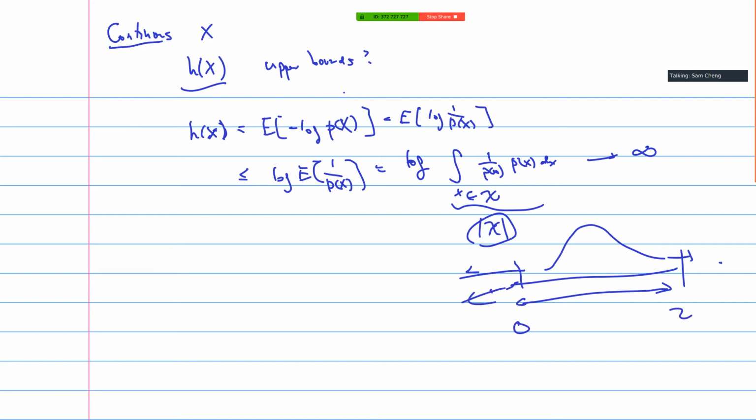So everywhere outside, I need to force the distribution to equal 0. I mean the probability that it's less than 0 or bigger than 2 will be equal to 0. This is not very interesting, as you can see, because many very common distributions won't satisfy this very restrictive condition. So instead, we can make a constraint, let's say on the